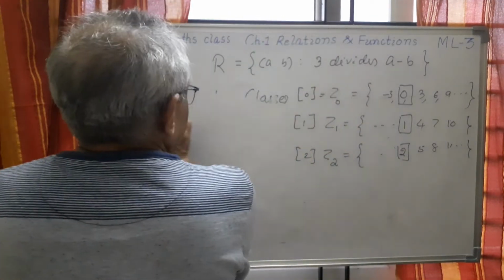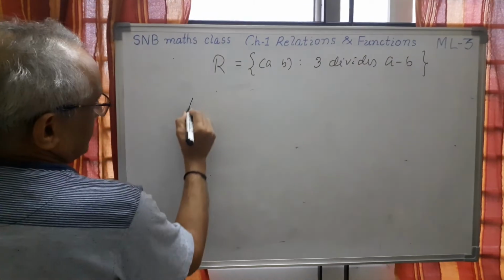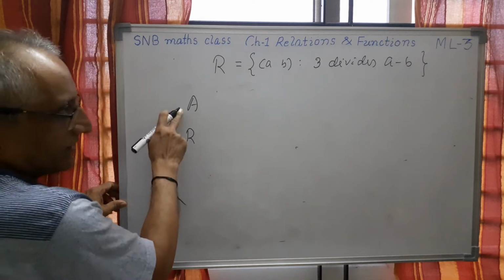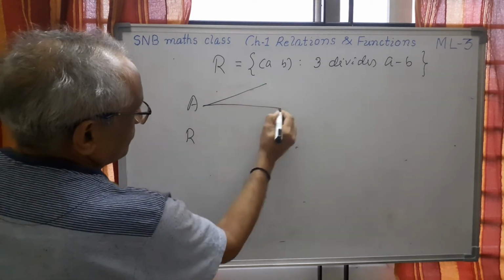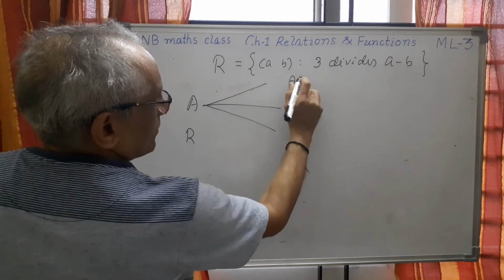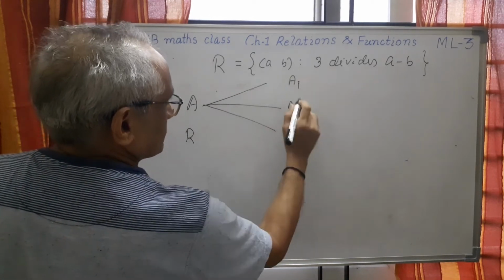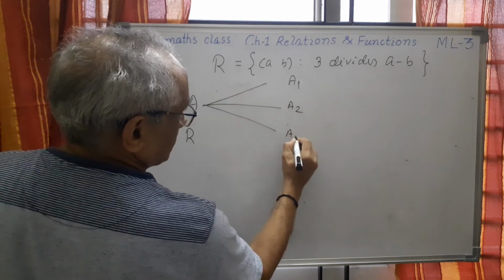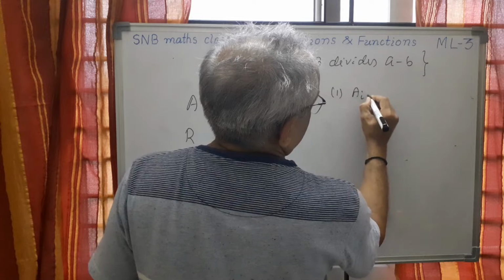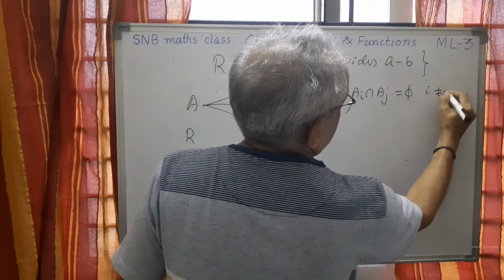So let me generalize and give the idea of this one. So take a set A, and suppose R is an equivalence relation on A, then R is dividing this set into A1, A2 or A0, A1, A2, etc. You can type A1 also here. So A1, A2, AN. But what is the condition? First condition is Ai intersection Aj is always phi, i not equal to j. This is the first